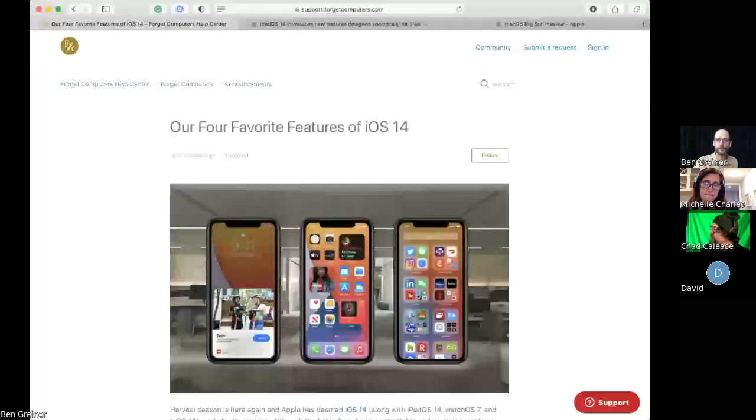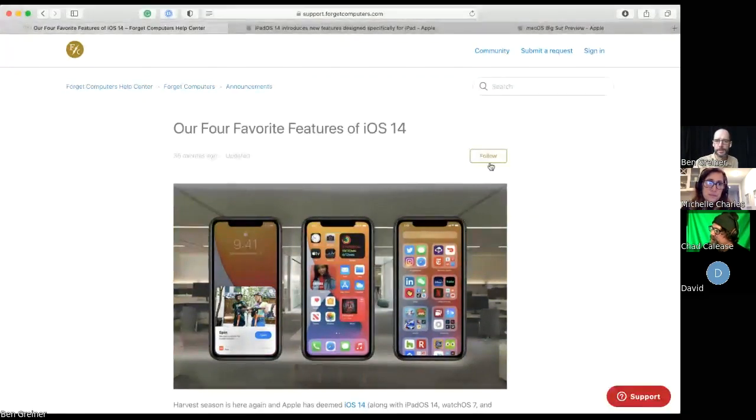Let me see. I'm going to share my Safari screen. Let me know, can you see that? Coming up. Yeah, there it is. Let me get it full screen. Okay. So Apple